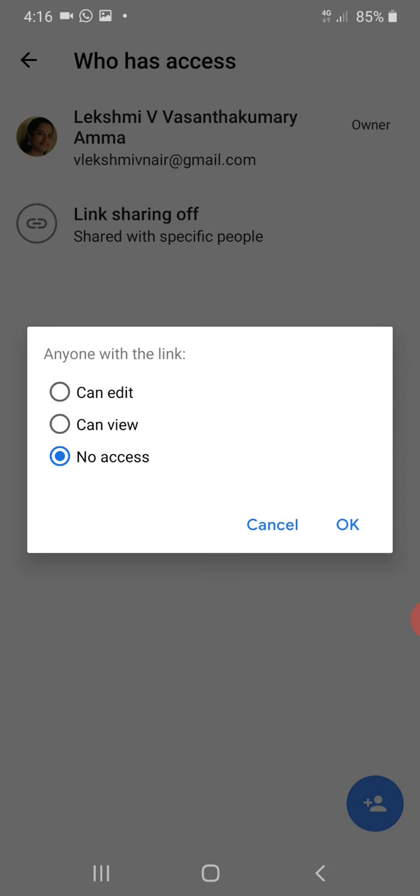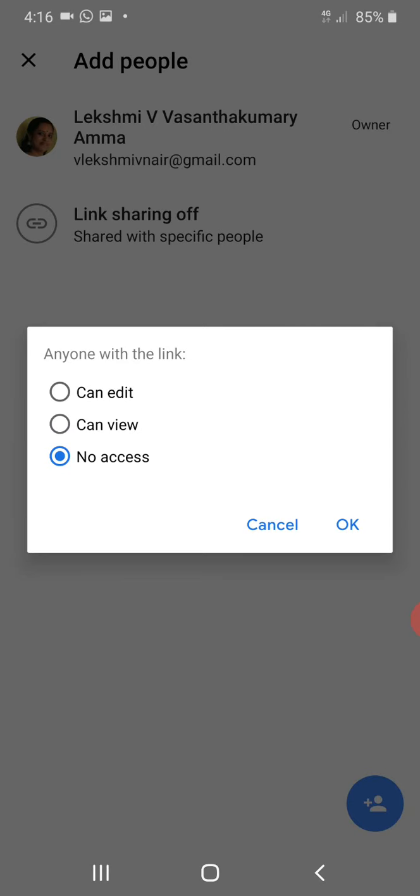If we enable this edit option, our students or our group members can edit this Jamboard. If we enable the view option only, our group members can only view this Jamboard.